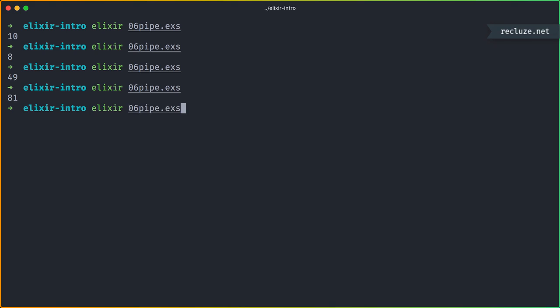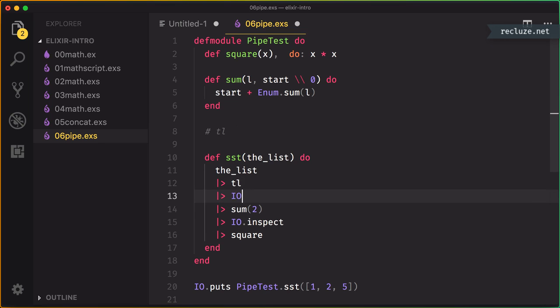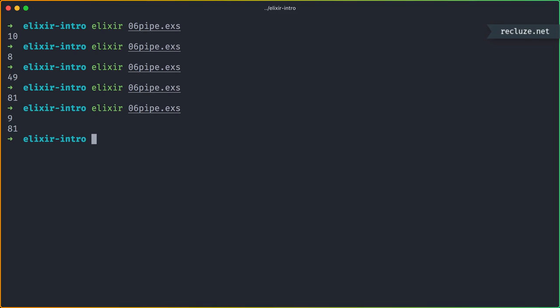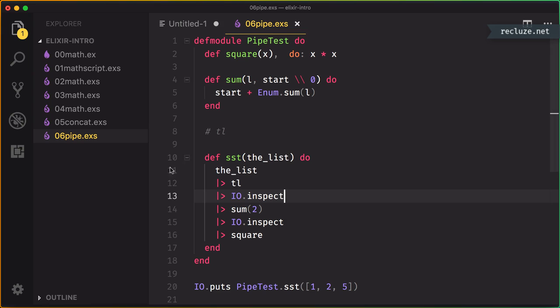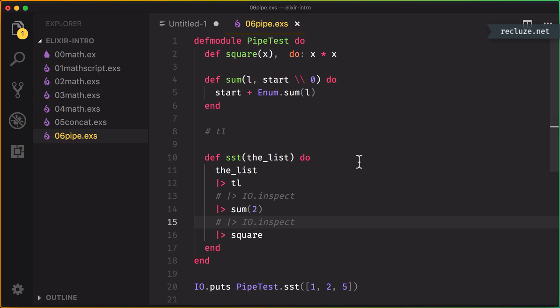So let's go ahead and execute this, and you will see that we are getting the 9 out. So 9 is being output by io.inspect. If you want to inspect what the tail was, you can also put io.inspect over here, and you can see that tail is 2, 5, and you have 9, and then you have 81. So you have a free debugging tool in the form of io.inspect. Whenever you have a pipe operator, you can go ahead and after debugging, simply comment this out and you're back, right? So a very powerful debugging tool, plus your code is extremely readable,